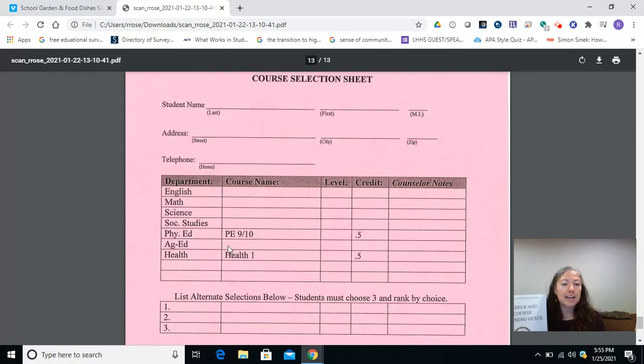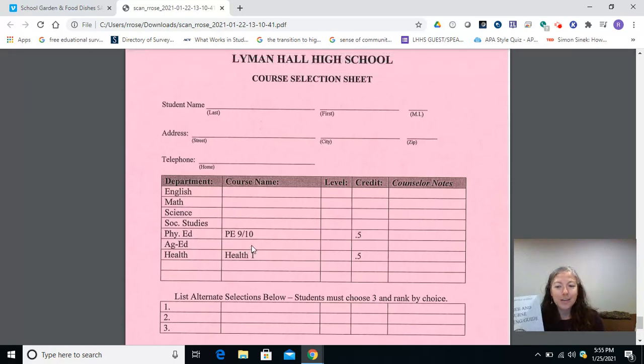So here in the Ag Ed section, you're going to need to put in the course name, we're going to be really nice to our school counselors. We're going to put the course number in there too. And then I'll show you what it means about level, and then the credit as well. So I'm going to use our large animal class as the example. And that's because our large animal class is not named the same way in this book. Okay, so for the large animal class, we're going to refer to it as animal science / equine in this book. All the agriculture classes start on page 49.